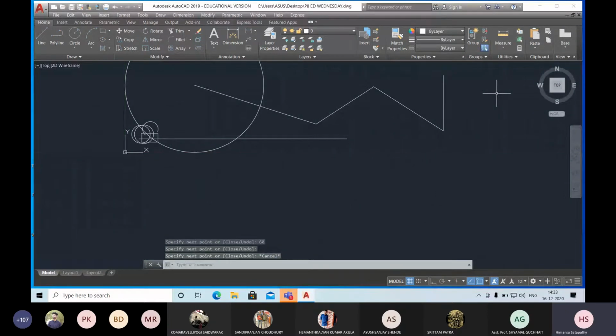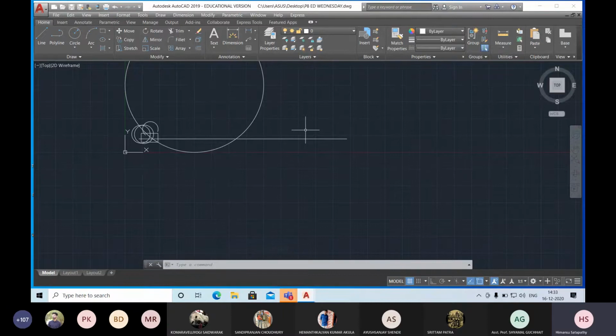When you use the mouse only to draw some line, you should change the dynamic input to 3. So when the DIN mode is 3, what happened? You are getting the x and y ordinate. When you go to the line command, the first point is showing x and y coordinate. Then the second option is showing the length of the line. Third option is your angle.